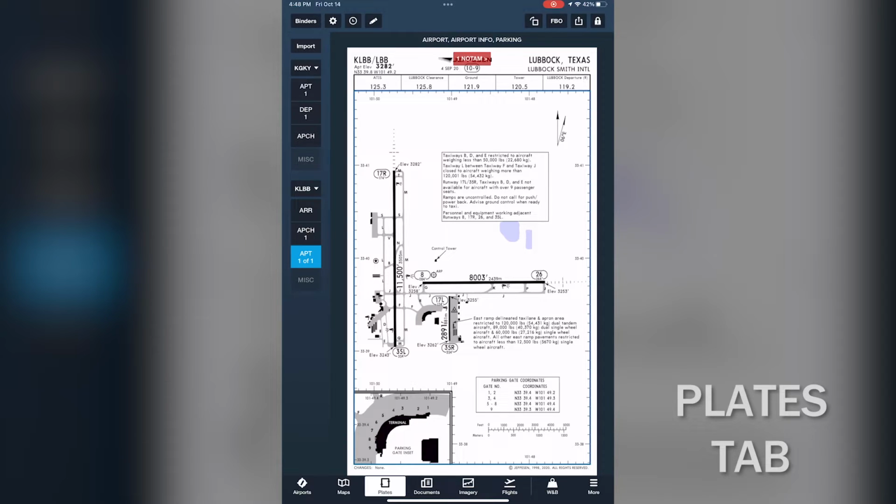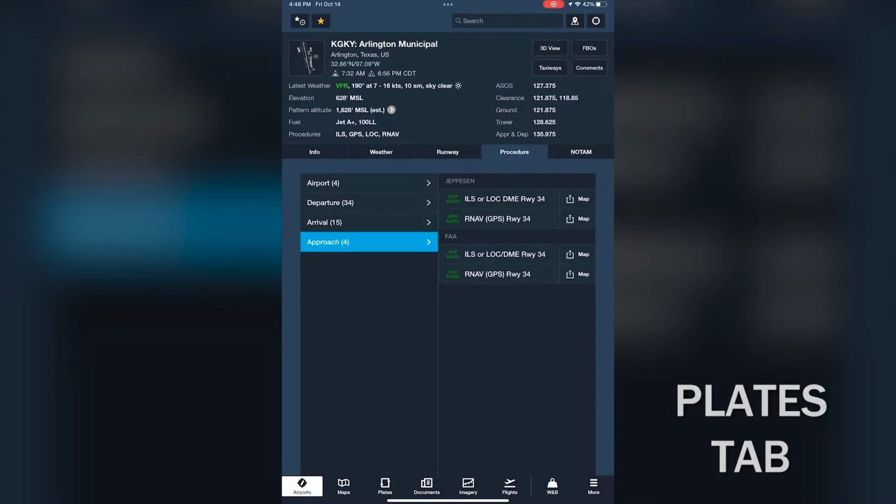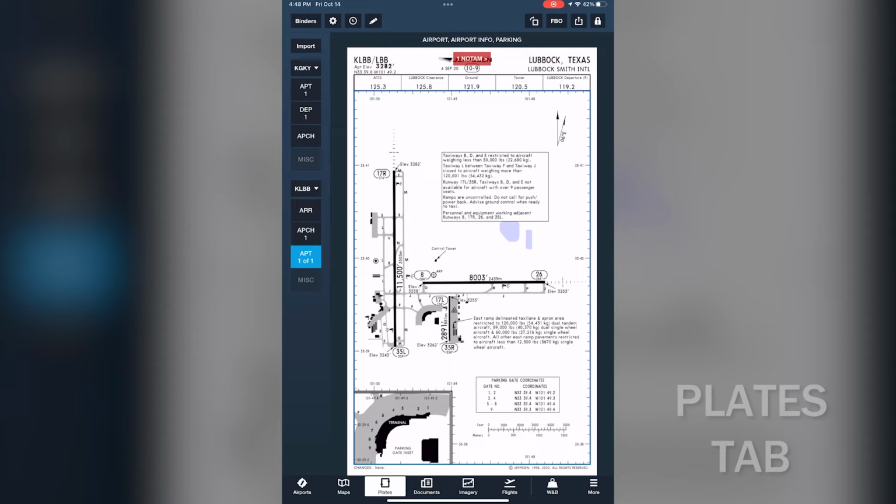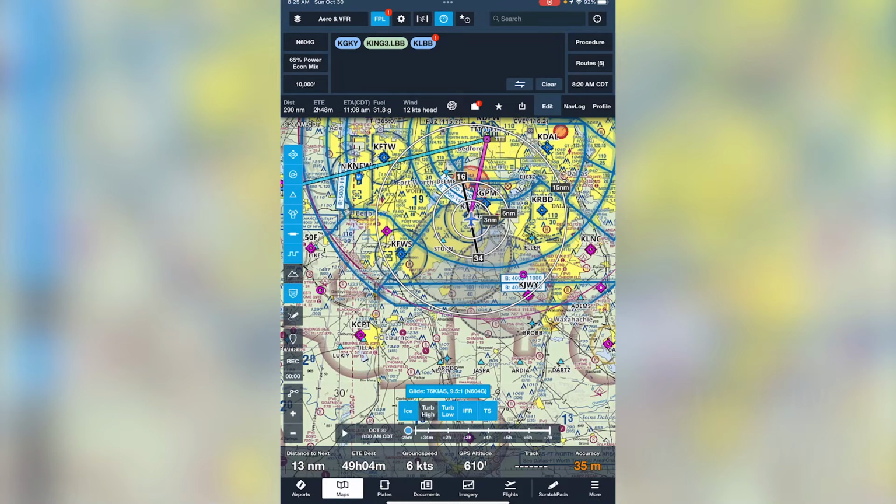Very useful, keeps all your information right here on a single page, and you don't have to worry about trying to go back to your maps, maybe go back to your airport page to pull those appropriate procedures. It's just right here waiting for you to use it. All right, so